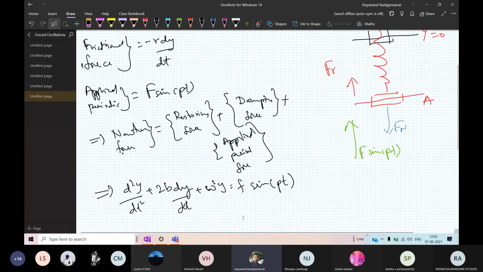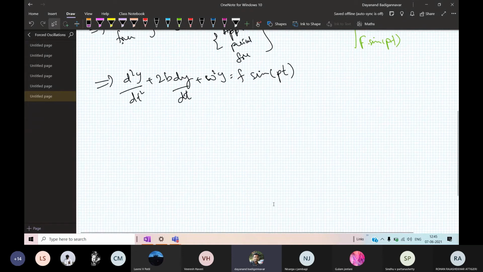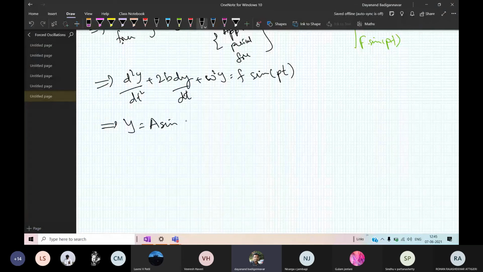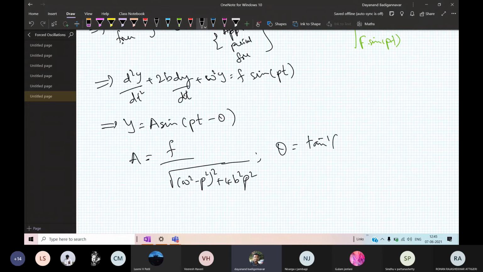Kindly excuse my writing. So solving this, y is equal to A into sine of (pt minus theta). We have evaluated A as F divided by root of ((omega square minus p square) whole square plus 4b square p square). And theta is equal to tan inverse of 2bp by omega square, where